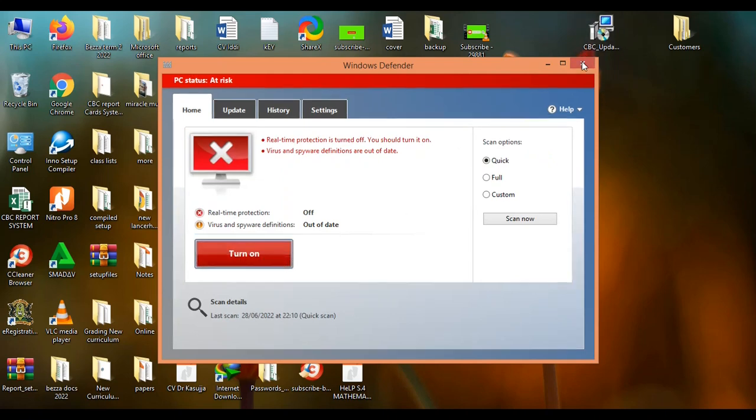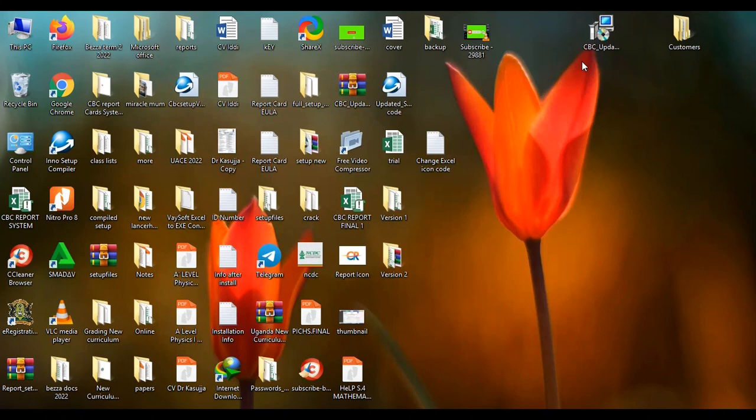So that is how you have to disable your antivirus. So for any antivirus that you are having installed in your computer, you can turn it off. If you have Windows Defender, you can also turn it off using those steps. That is the first step that you need to do in order to install this software and it works for you properly. The second step